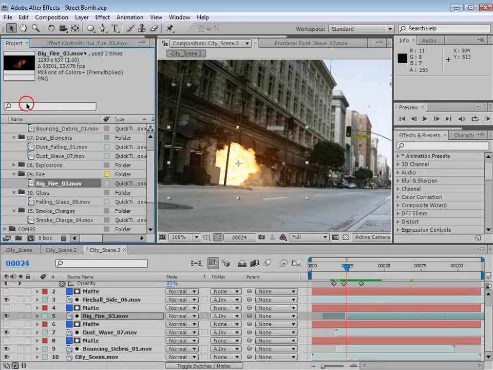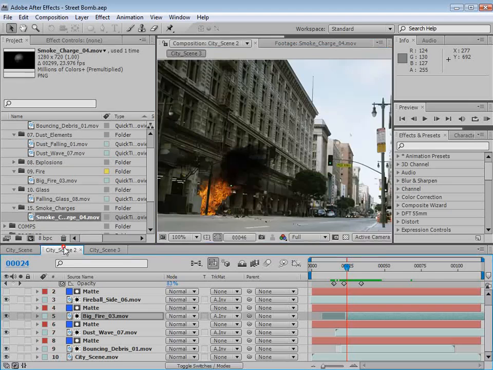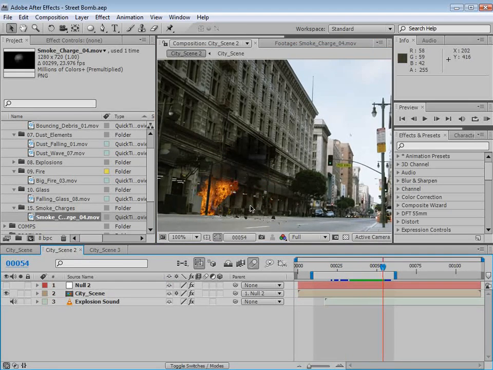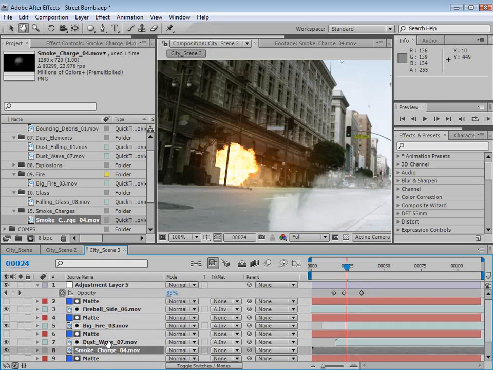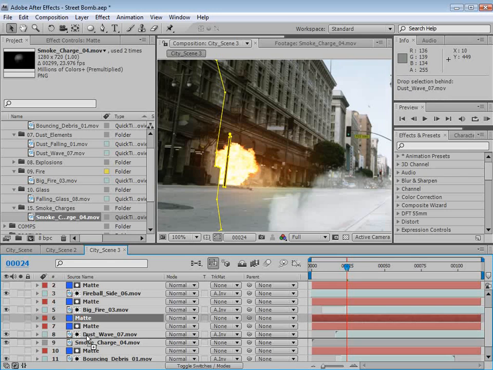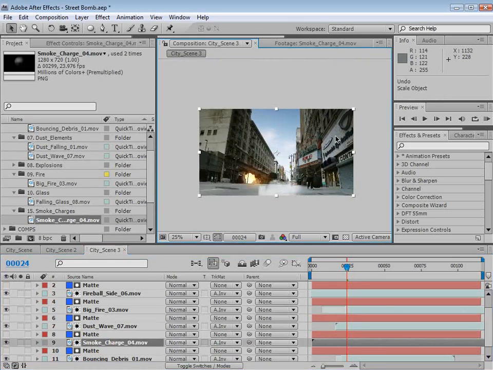The other element is this big smoke effect. Now, this is a pretty cool effect, but it's just a smoke effect. You might not have thought to use it in this way, but what we're going to do is use it as this big dark smoke plume that kind of goes up after the fireball. So we'll go down here, we'll take the smoke, and let's put it down here above the bouncing debris. We'll duplicate a matte, Control D. We'll put that above the smoke, alpha invert it,